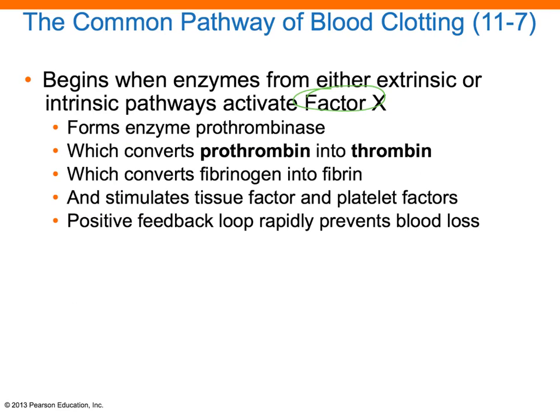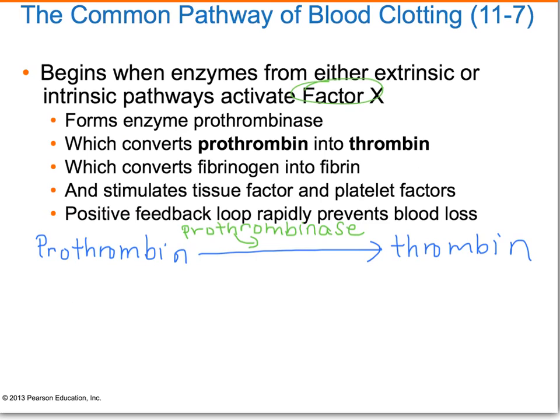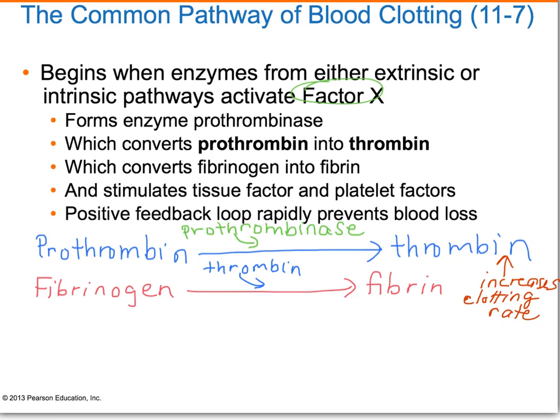When factor X is activated, the enzyme prothrombinase forms. Prothrombinase is what converts prothrombin, which is a globulin plasma protein, into thrombin. Now remember, this is a cascade, so the product of one reaction is what's going to aid the next reaction. So here we have thrombin, and thrombin, in turn, will catalyze a reaction that joins fragments of fibrinogen into